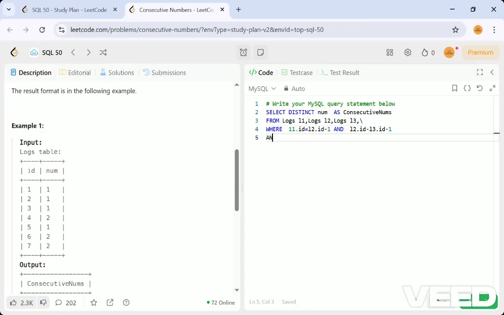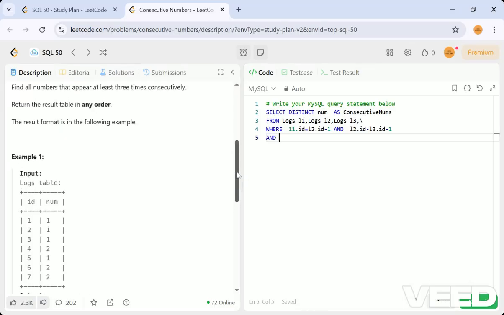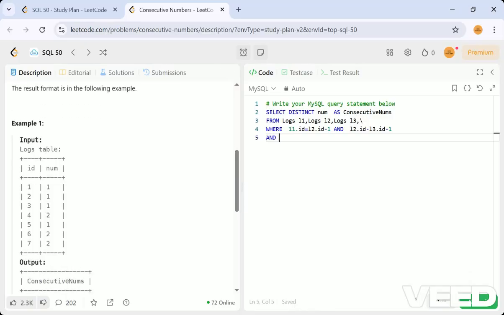One more condition we have to apply is the number. The number should be the same, so in this case it should be number 1, the same number in all of them. So L1 dot num is equal to L2 dot num, and L2 dot num is equal to L3 dot num.